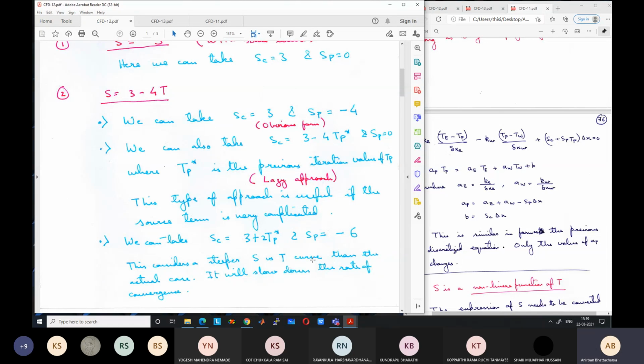So if you take the correct slope, which is -4, then you will approach the correct solution at a faster rate. If you take a different slope, then you will approach at a slower rate. But sometimes it is necessary to slow down the convergence. Why is it necessary? What can be a situation when it is necessary? Can somebody say what can be a condition when it is better to slow down the convergence? Or is it always better to have fast convergence?